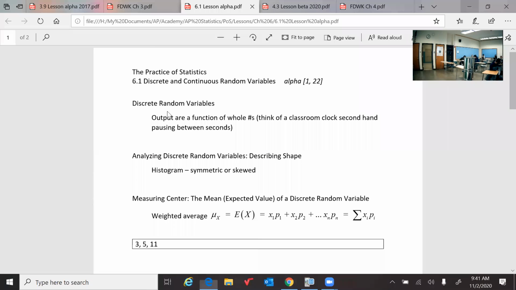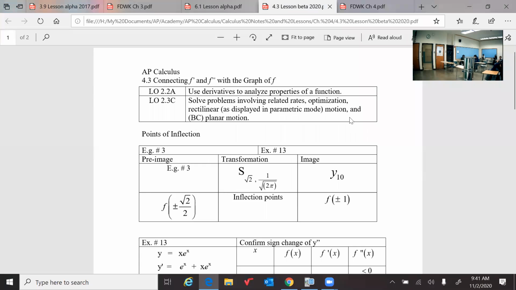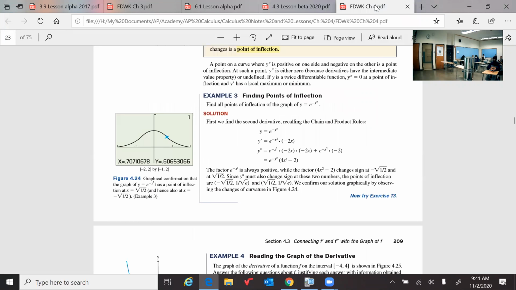So 4.3 beta. We're going to start with example 3. In example 3, there's a picture in your book. I'm on page 208 of e to the negative x squared. Here's the picture of the graph. And this is really